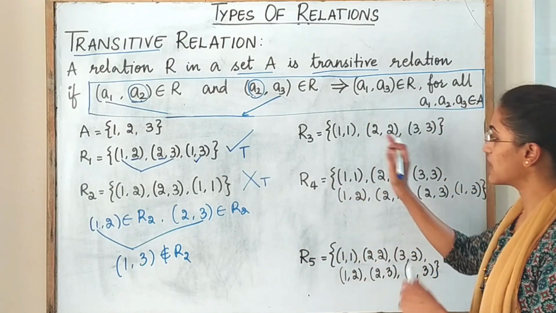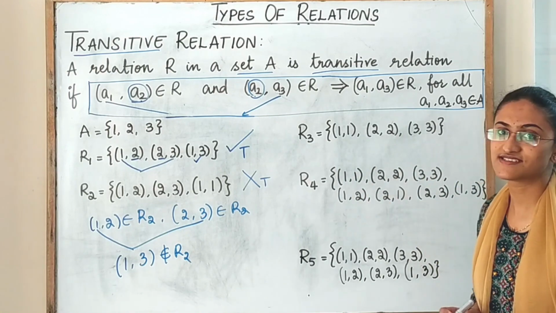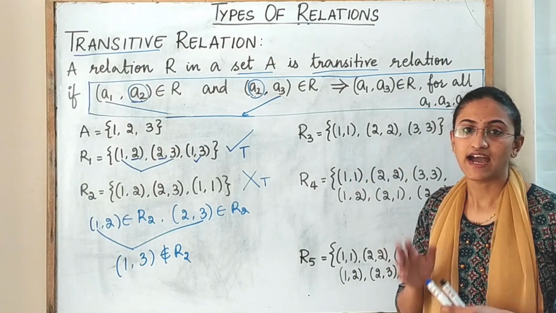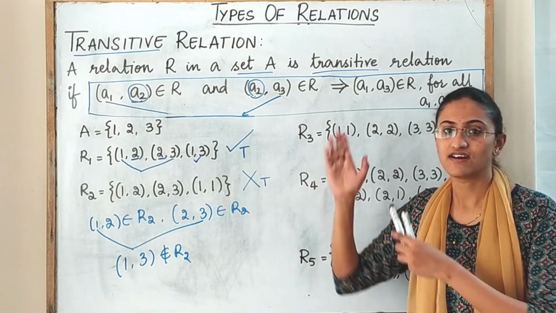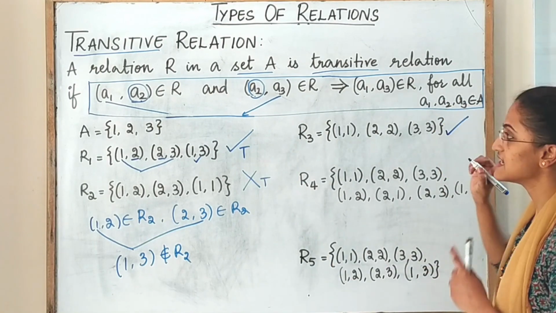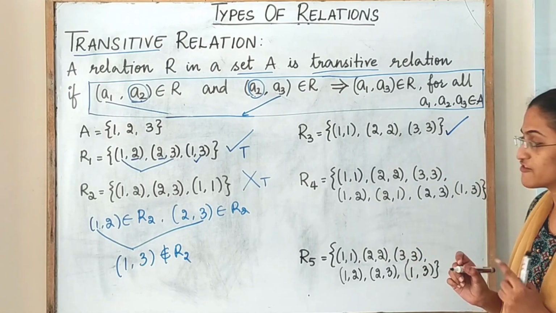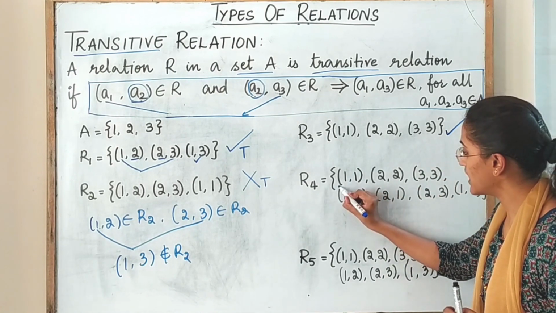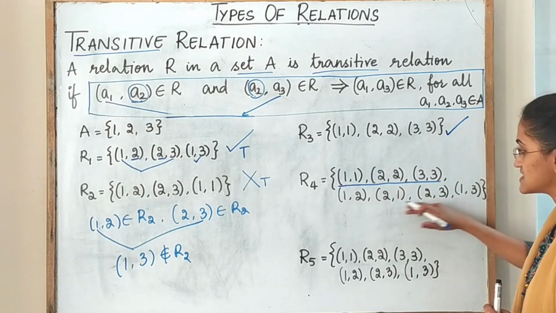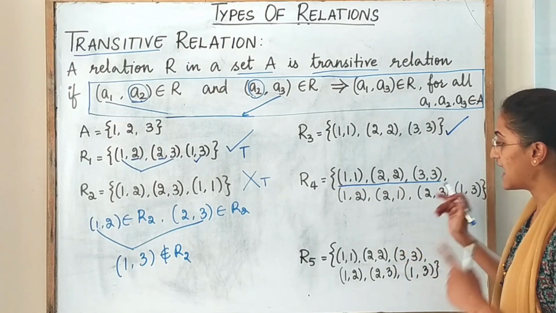Now coming to the next relation, R3, you can see that this is an identity relation, and this is again a trivial case. Identity relations are always transitive relations, and hence you can conclude that yes, it is a transitive relation. Coming to the next one, that is R4, you can check that (1, 1), (2, 2), (3, 3) are present in R4 and extra elements are also present, and hence this is a reflexive relation,